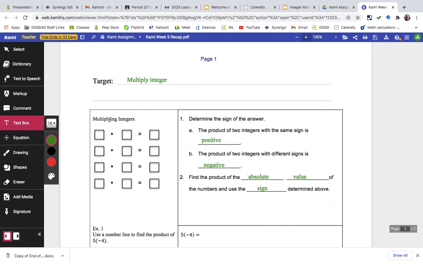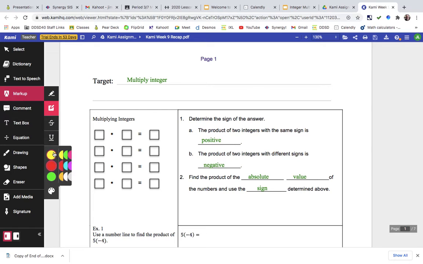And I want to put in some color right here for these squares when we're thinking about multiplying a positive times a positive. I can use green for positive. So positive times a positive is going to have a positive answer. And a negative times a negative is also going to have a positive answer, which we stopped at this point and discussed what we learned back